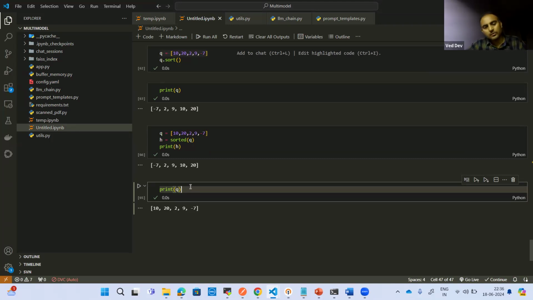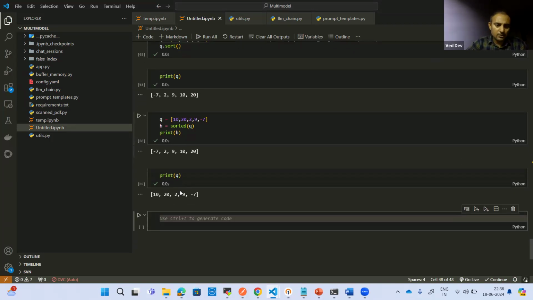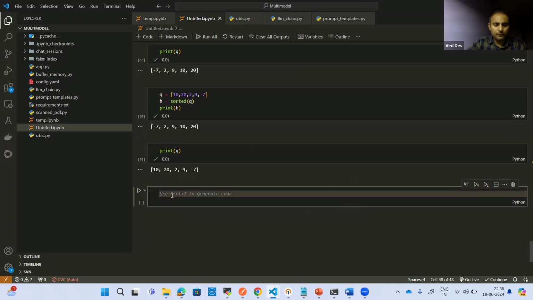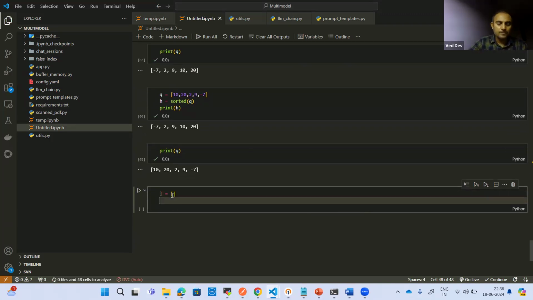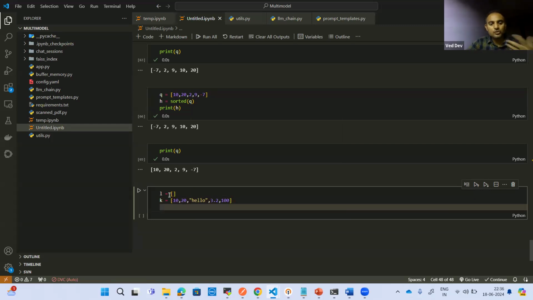Yes. We can make it. That is not in the scope as of now, but I'll tell you if we want. Let's suppose we have this list, and we want to store only the strings. Let's suppose there is another list, 10, 20, hello, then 3.2, and that is called 100. So if I want to store inside a list only what is a string, simply